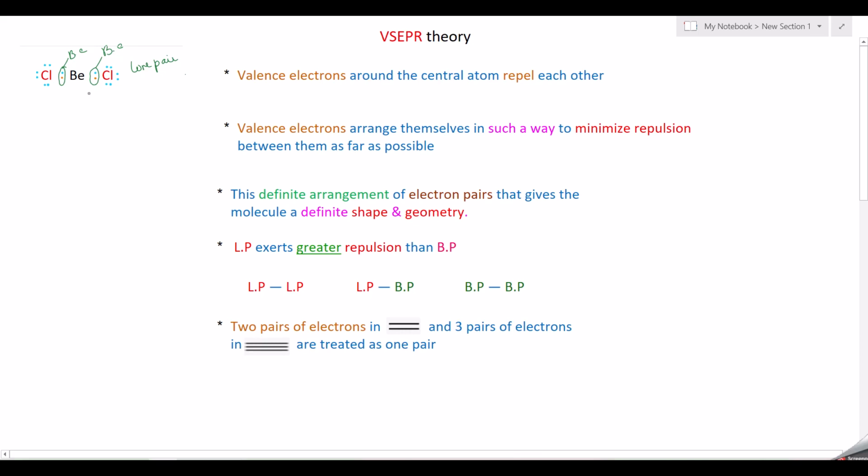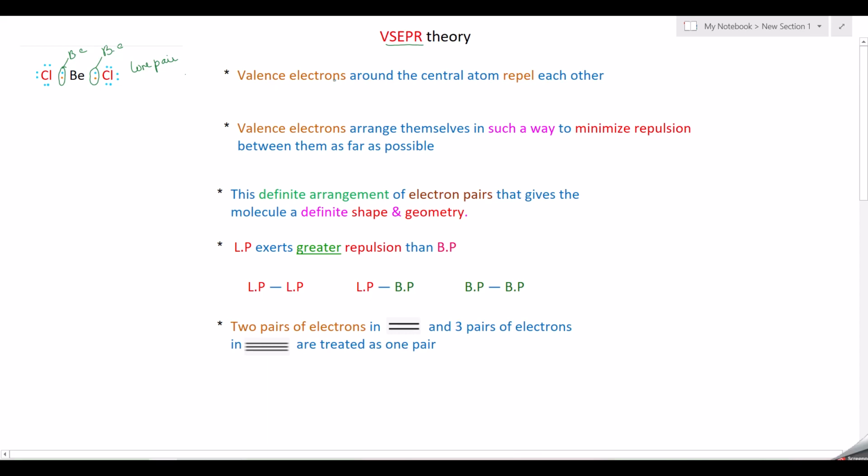but it does not give the shape of the molecule. So the shape of the molecule can be predicted with the help of VSEPR theory. This VSEPR theory assumes that the arrangement of these electron pairs around the central atom will determine the geometry or the shape of the molecule. So to know how to predict the shape of the molecule using VSEPR theory, first we have to study the assumptions made by VSEPR theory.